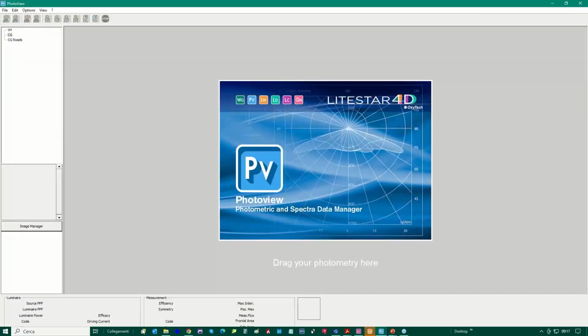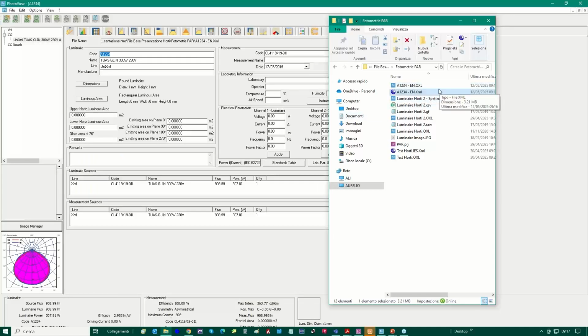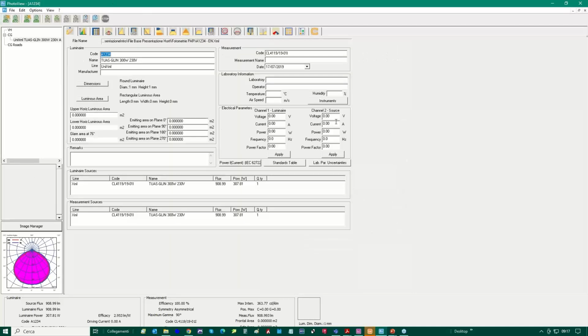We remove, and whenever we drag and drop the XML file again, the IES XML file, you can see that we have the spectra all together, but we don't have the images. We don't have the other set of information like the instruments, like the standards, like the uncertainties